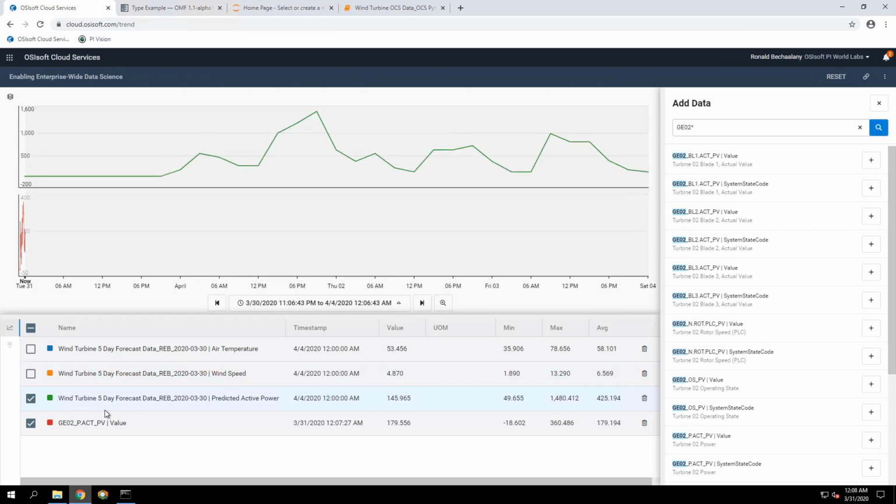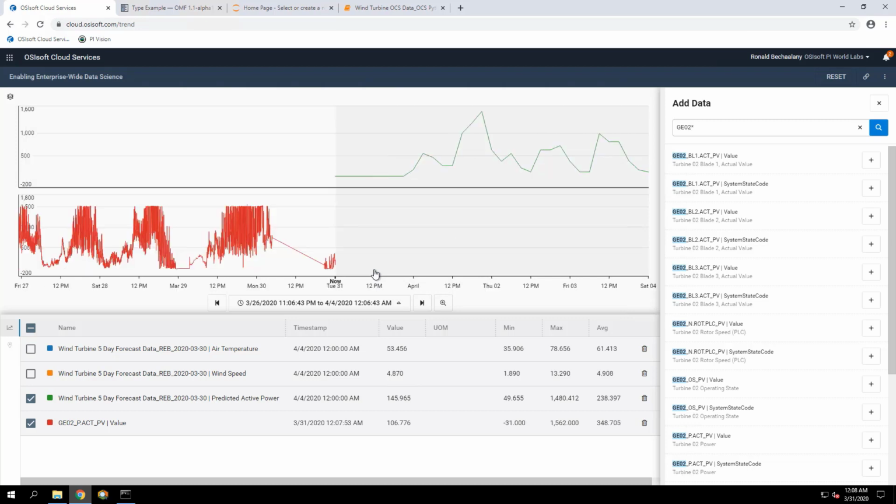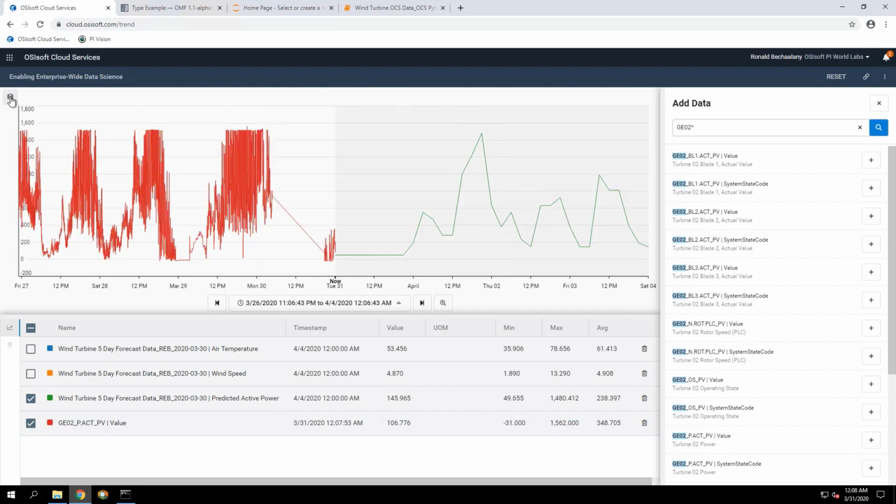Just keep the active power in this case. And let's change the start time to a few days earlier, or 1 day earlier. And you can overlay these on top of each other. So you can see here the active power and the predicted power.